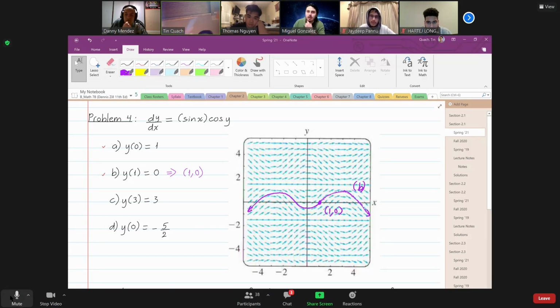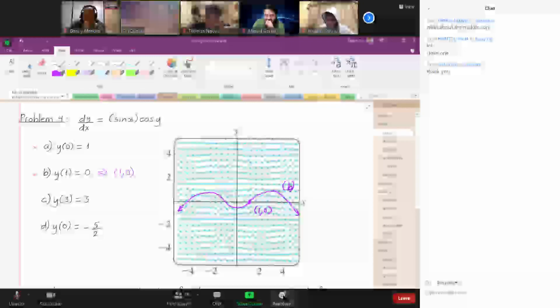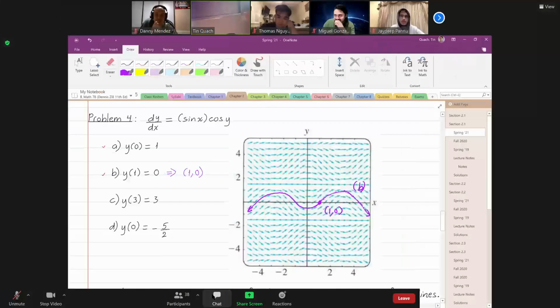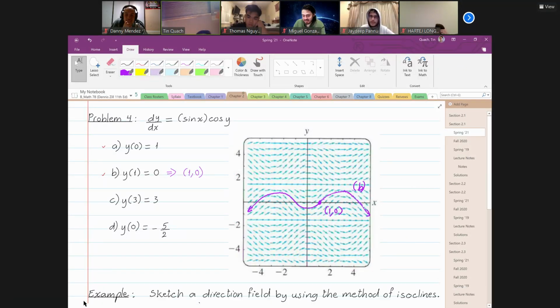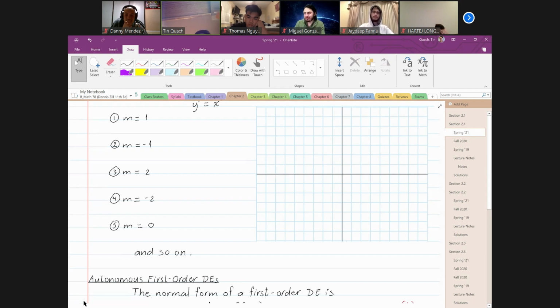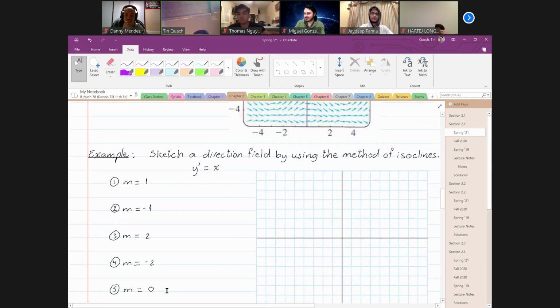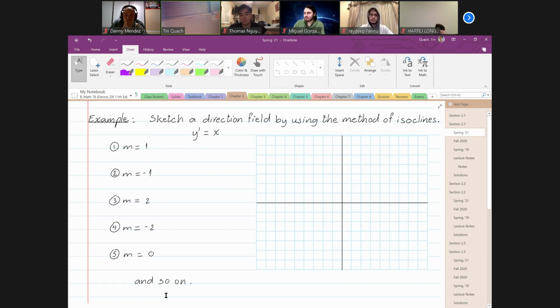Okay, so now I'm going to show you how to sketch a direction field by using the method we call isoclines. Okay, so that is the next example. So this is how we're going to do it. All right, isocline. The way it works is this. I give you a differential equation. So what you're going to do is